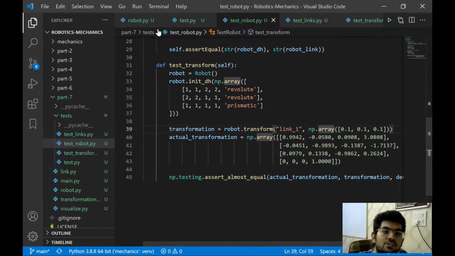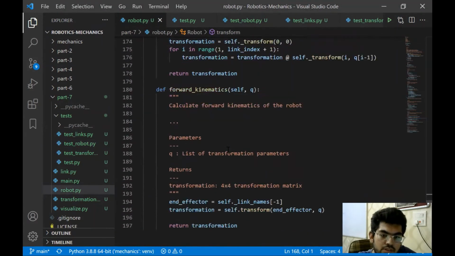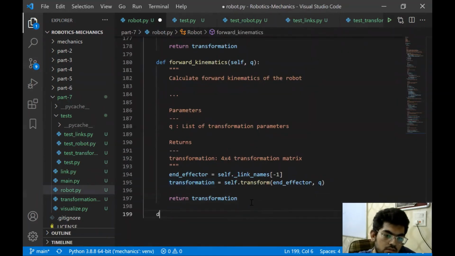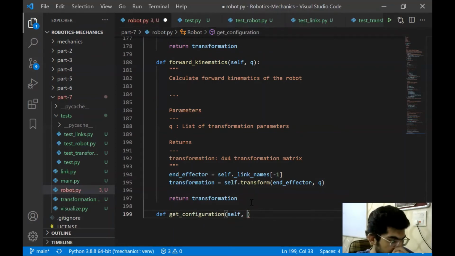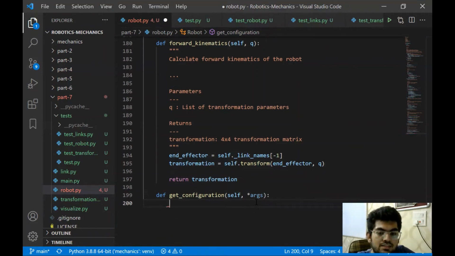Let's just do it actually. Yeah, let's just try it. Okay, this is going to be right. Get configuration, right. What we need is something like this, star args.